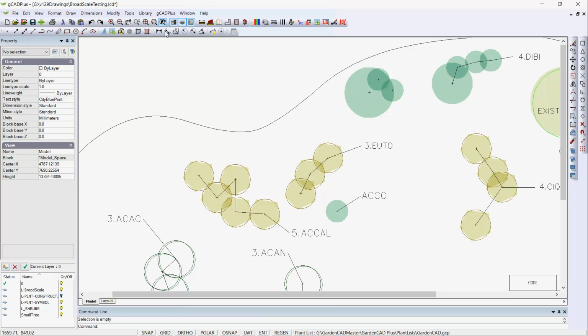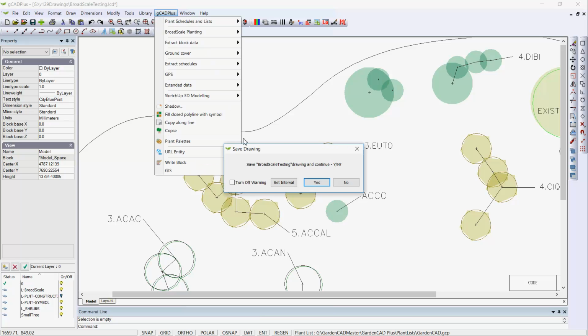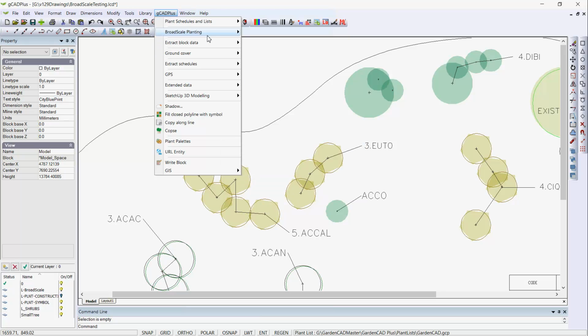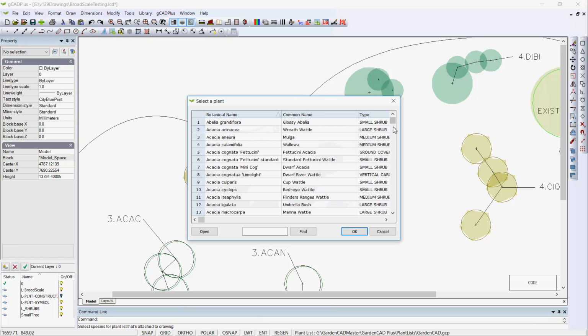And for that, we provide you under the gCADPlus drop-down menu, I'll just say no for the moment, with a broad-scale planting group of commands. So if I wanted to label a group of symbols, the symbols are already in and I'll show you how to get those in a moment. I would pick up a plant list. This is just the standard gCADPlus plant list, and if I wanted to put the native hibiscus in and tag